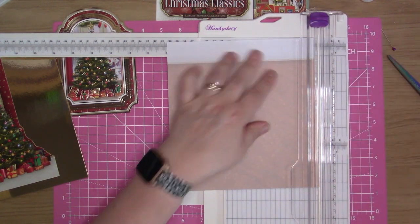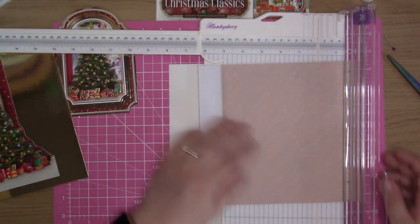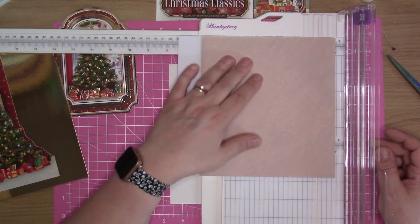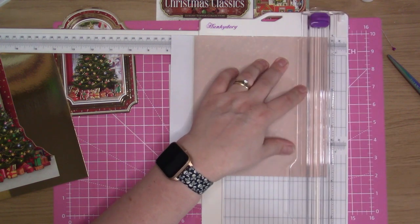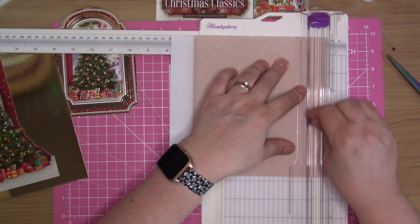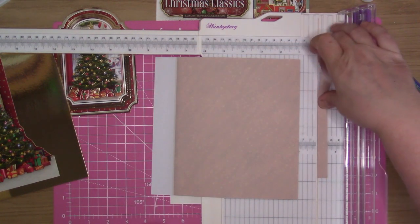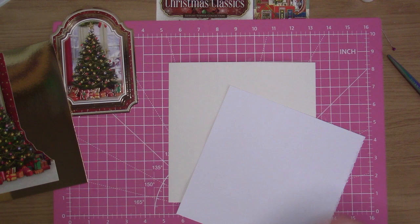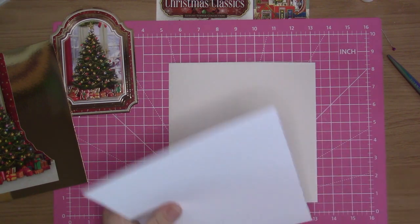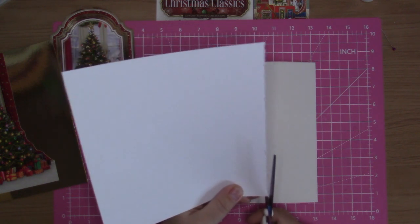I might have to use my scissors just to trim them up. And then I'm going to take this one this way, 4 notches under that 8. And like so. So I'm just going to tidy this little bit up here, because obviously the paper trimmer does not like paper,